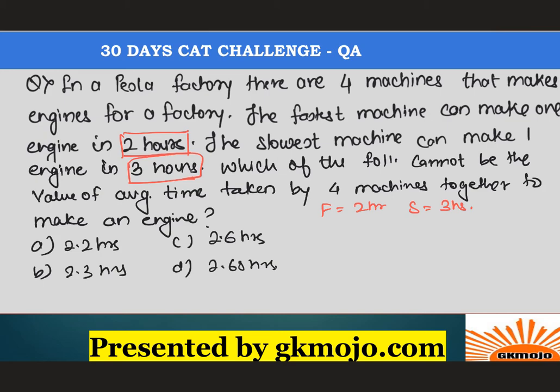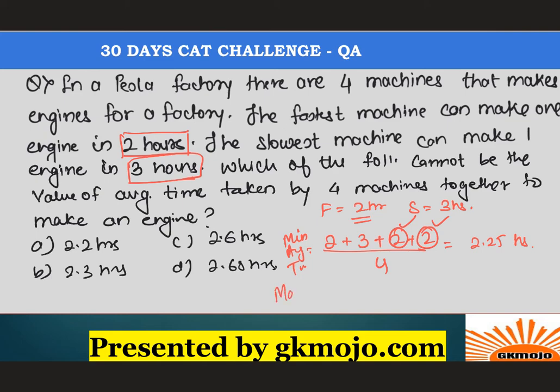All right, so for 1 engine it's 2 hours, for 1 engine it's 3 hours. For the other 2 engines, let's say they are working at the fastest capacity, this is 2 hours and 2 hours, right? So what would be the average time? 5 plus 4, 9, which would be 2.25. This is the minimum average time. Why is it the minimum average time? Because the other 2 engines, which we do not know how much time they take, we have assumed work at the fastest capacity, so 2.25 hours. This is the minimum possible average time.